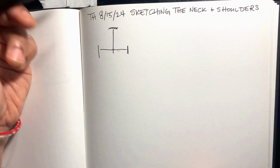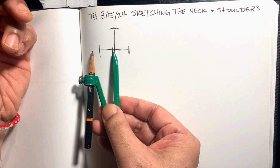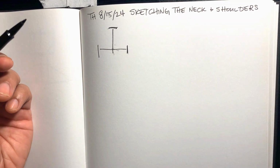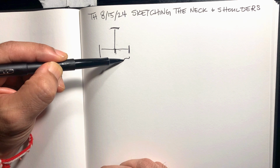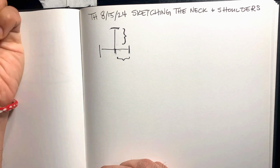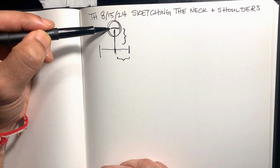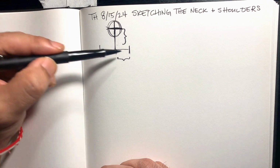Now, I do that intuitively just because I'm used to it, but let me figure out what exactly is the measurement. So it looks like whatever this distance is right here is basically what I'm drawing right there. So half becomes this. And then from here, I usually just draw a circle and just use that as the center of this is the brow, and then I add